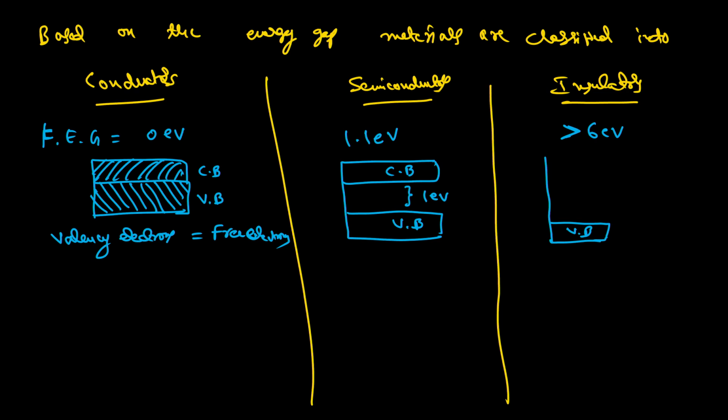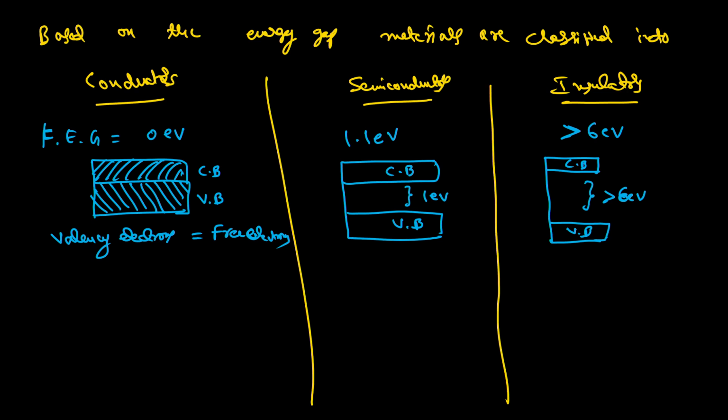The gap between the valency band and conduction band is greater than 6 electron volts. This gap should be greater than 6 electron volts. That is a very, very high gap. So there is no conduction in insulators. That's why we can write here